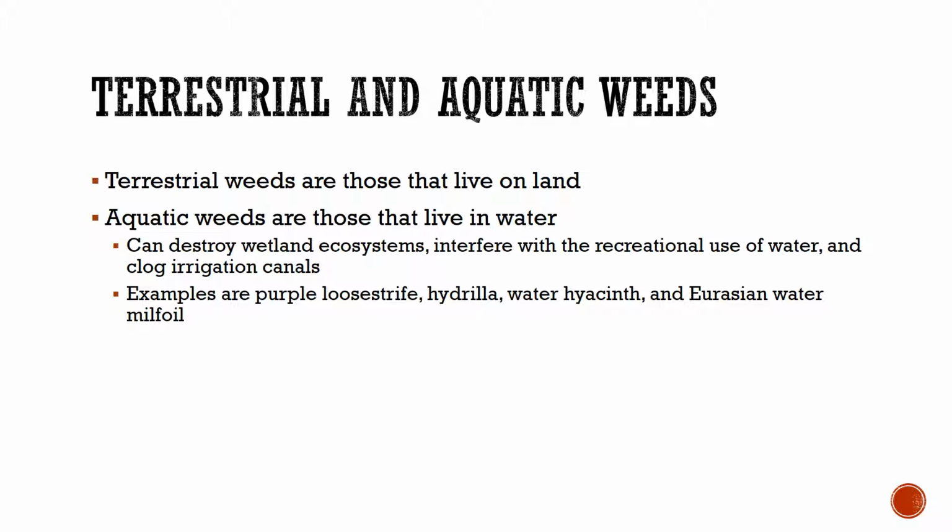Here are some examples of that: loosestrife, the Australian water milfoil. Those are all some really good examples of terrestrial and aquatic weeds. We see these more so in Grand Lake than around here.